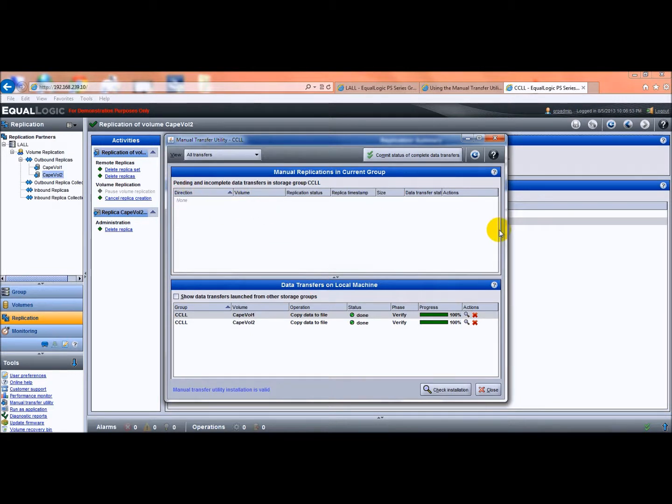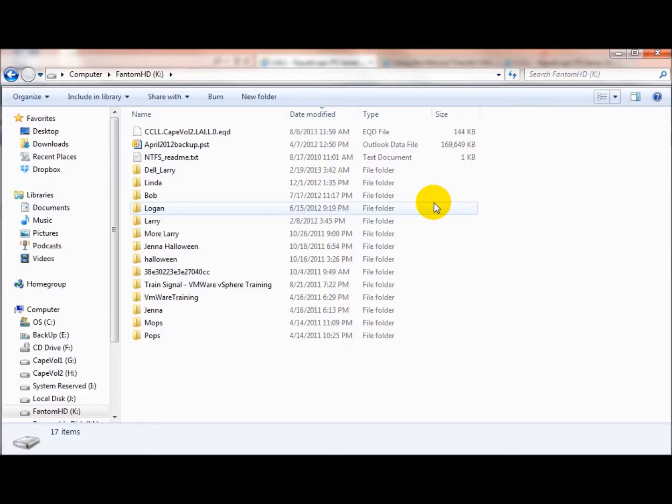As you can see, that action has disappeared. So we're going to go ahead and close this utility window. Before we move on to the next step, I want to go ahead and verify that the replica file was created. And as you can see here, I've opened up my external drive, that's the K drive. If you recall, I saved the replica to the root level of that, and it's an EQD file. So you can see it right here,